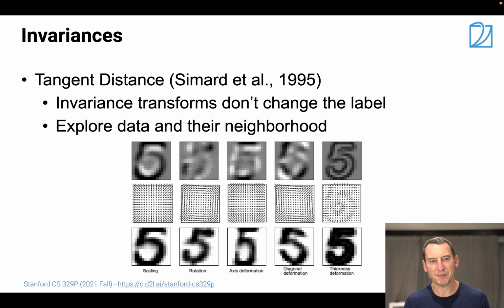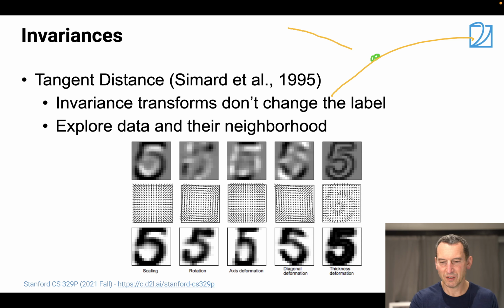Now, let's compare that to invariances. This is actually very old. So here's a rather famous and ingenious idea. It's not the oldest use of invariances, but I just want to illustrate that this is quite old, over 25 years. Invariance transforms, and that's the idea of it, don't really change the label. So, okay, if this is maybe my data point, then since an invariance transform, such as this one here, does not change the label,